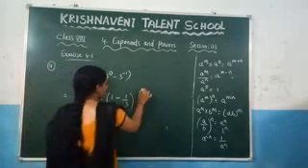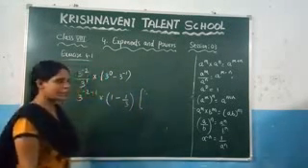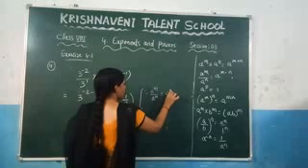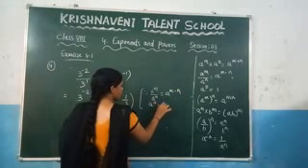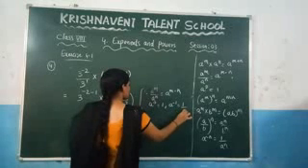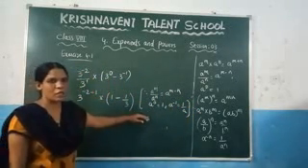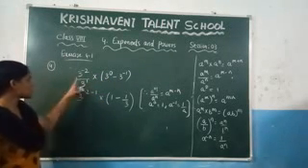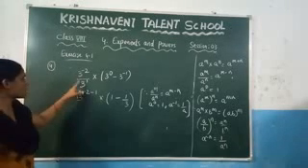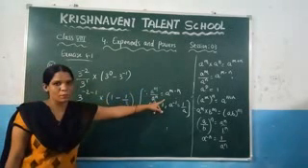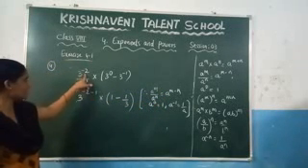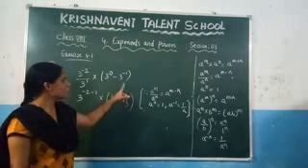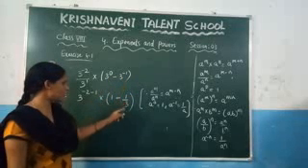Now write what are the laws of exponents we have applied here. We have applied a power m by a power n is nothing but a power m minus n, and a power 0 is equal to 1, a power minus 1 is equal to 1 by a. These three laws of exponents we have applied here, so that we have changed this one into the form of this one. So here it is in the form of a power m by a power n. Since here the bases are same, you can subtract the power, a power m minus n. So we have subtracted minus 2 minus 1 into, and you know that anything to the power of 0 is 1, minus, it is a power minus 1. So you can write it as 1 by a power 1.